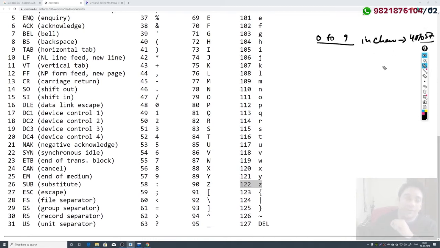So 48 to 57 are the binary values for characters reserved for 0 to 9, and capital A to capital Z is in the range 65 to 90, and for small a to small z the values are from 97 to 122, if you look at it here.